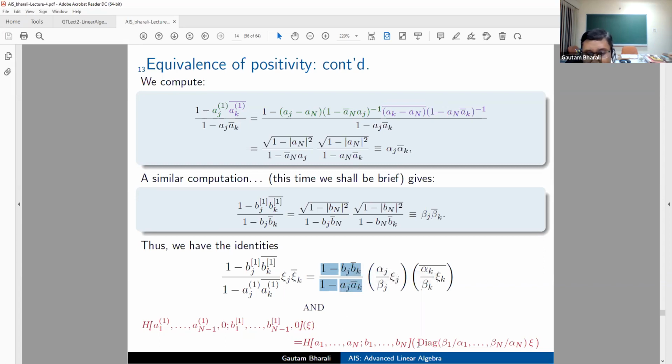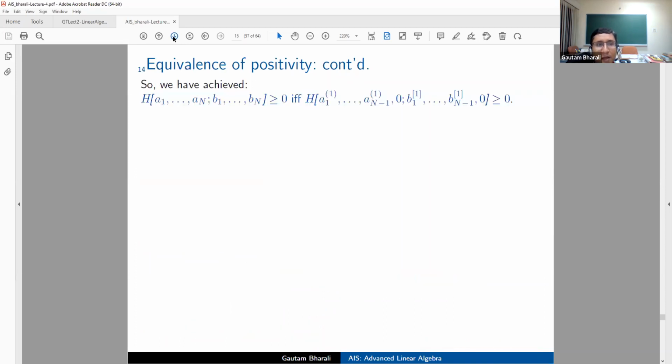So this is the old Hermitian form acting not on the vector psi, but on the vector, this diagonal matrix acting on the psi. So this is what we have achieved. We have achieved that the original Hermitian form is positive semi-definite if and only if the original Hermitian form, but with the placeholders substituted by these entries, is positive semi-definite, which doesn't solve the problem that we are interested in, but